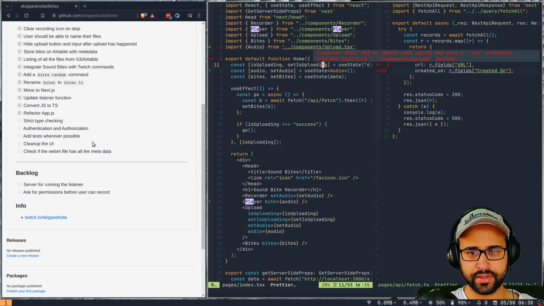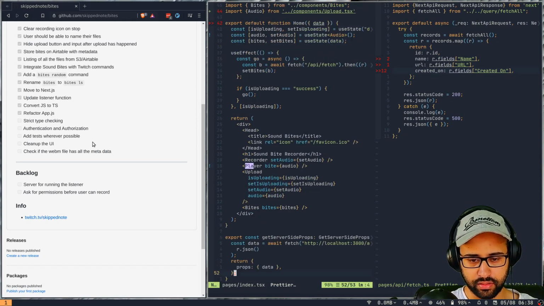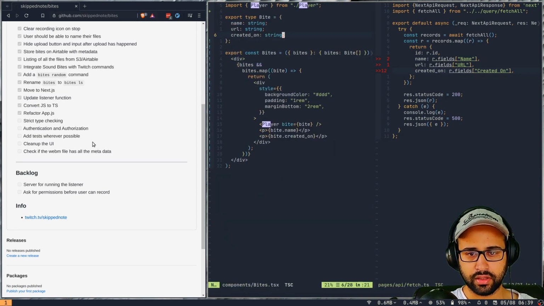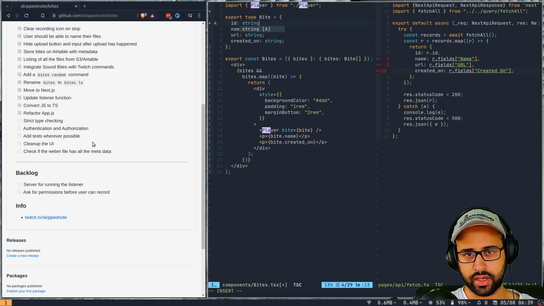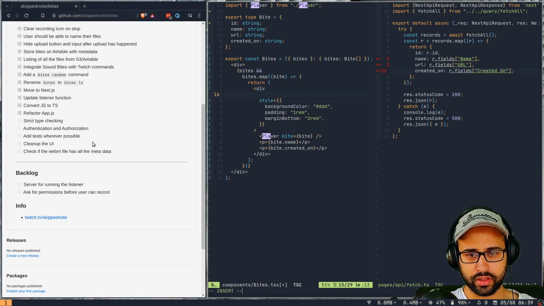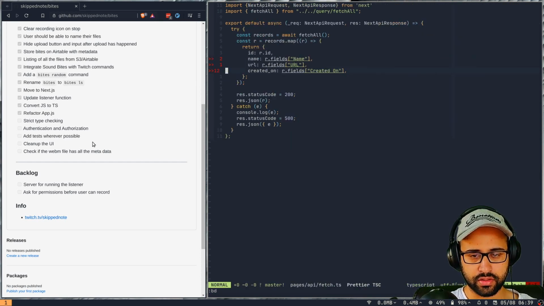Do we have a bytes? I think we'll have a bytes, right? In the bytes component we might have typed out bytes, so we can probably reference that. Yeah, this is just missing the ID, so we can add the ID here as well. And while we are looping over things, we can do a key of byte.id. That way we get rid of that error as well. And yeah, that should be fine, and we can import this in the index file.